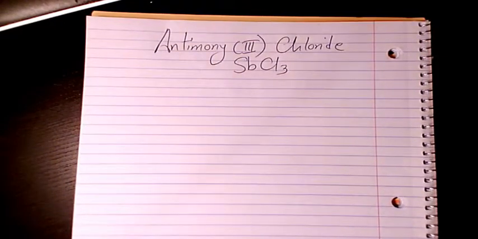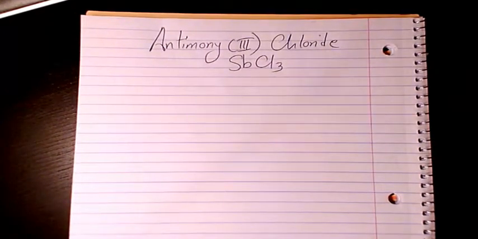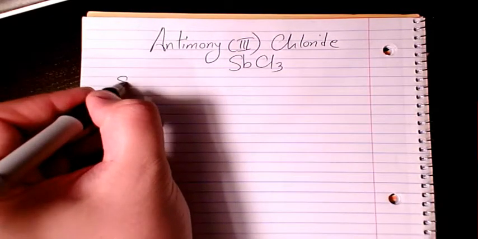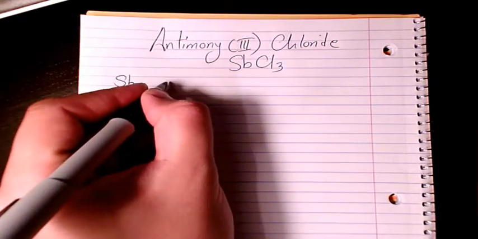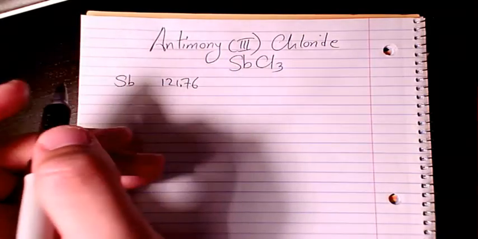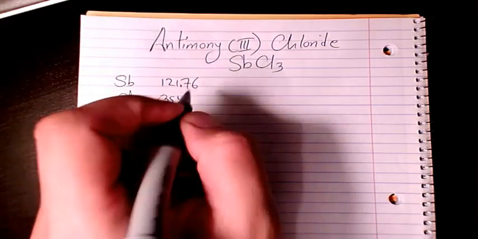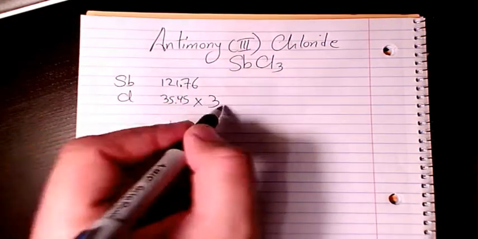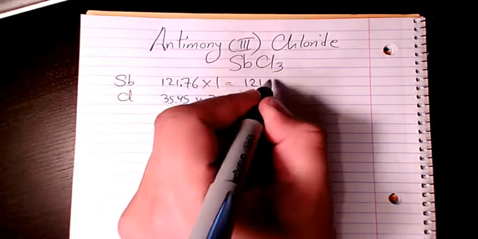In this video I want to show you how to find the molar mass or molecular weight of antimony(III) chloride, which is SbCl3. So in order to find out, we need to find the atomic mass of Sb. Okay, so that's antimony, which is 121.76 grams per mole. Chlorine is 35.45. We need to multiply it by 3 because we have 3 chlorine and 1 antimony, so it's going to be